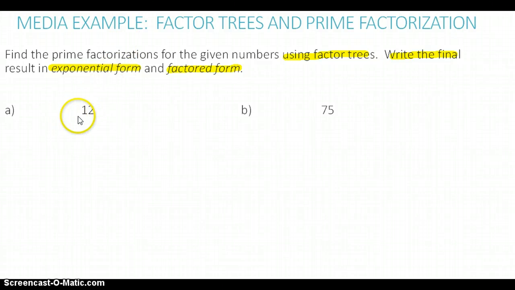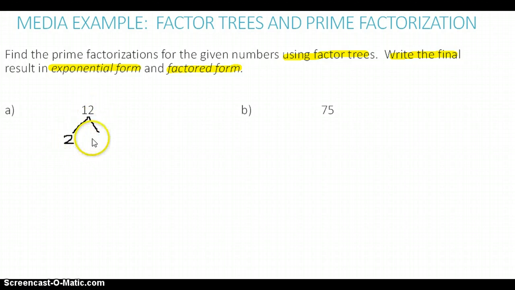So here's what we want to do. Start with a given number and try to think of any factor of the number you can think of. Okay? So I see this as 12, so I can think of 2 and 6 or 3 and 4. It actually doesn't matter which factor you start with. If you're stuck on a factor, a good thing to look for is the number even. If it's even, you can use 2. So I'm going to use 2,